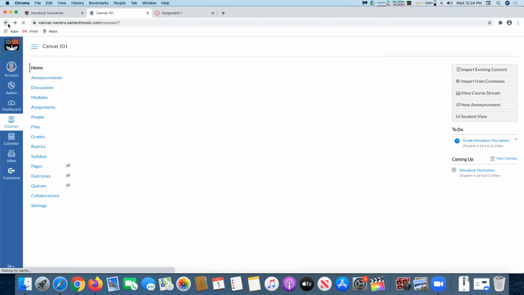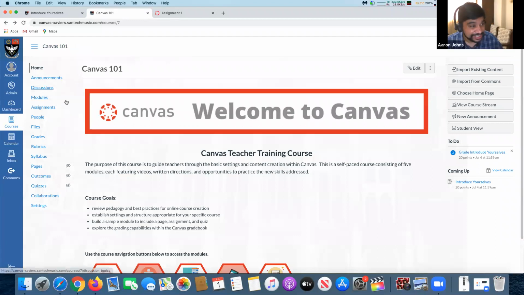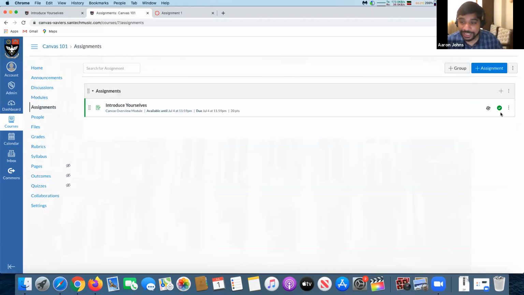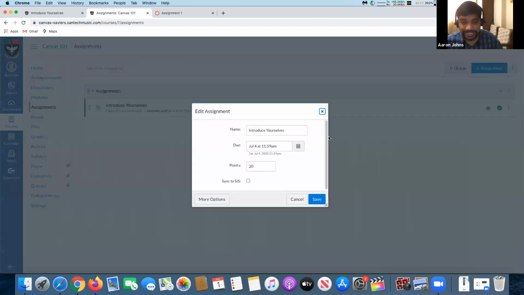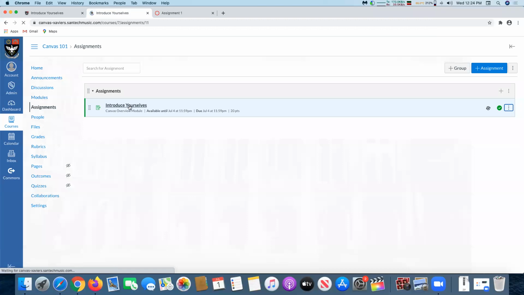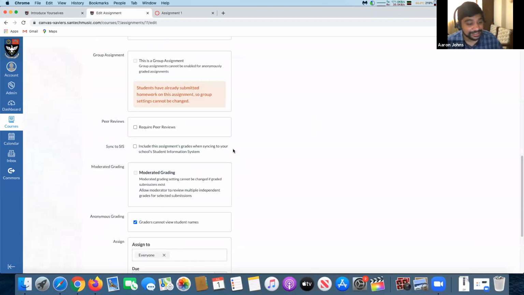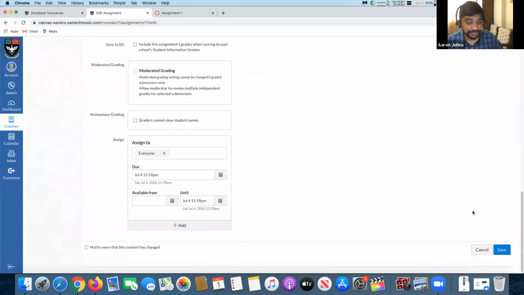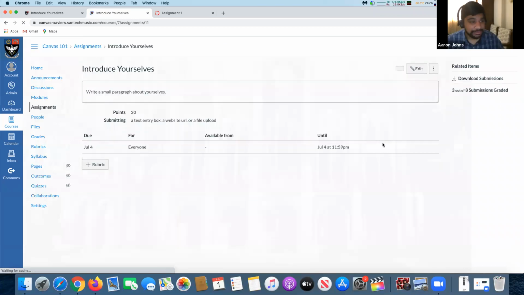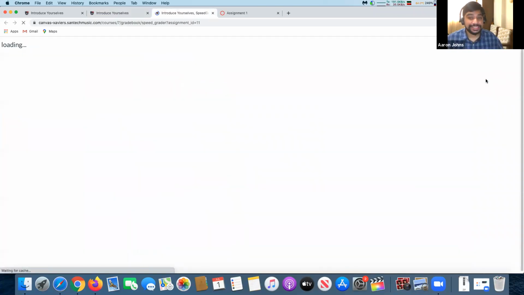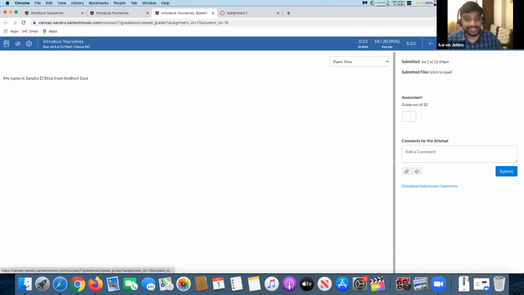Let me show you without anonymity, how would the assignment look? Let's say I'll remove the anonymous thing from this assignment. If I do remove it, then I can actually see the names of the students. I'm just showing you how it would look with anonymous and without anonymous. Can you see everyone's name is shown over here?